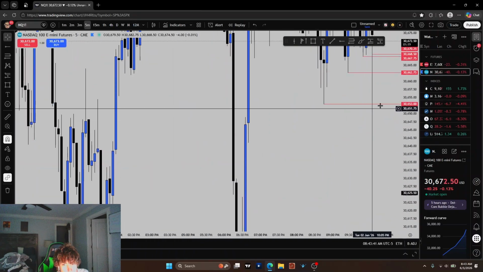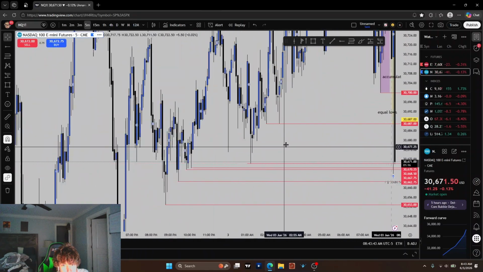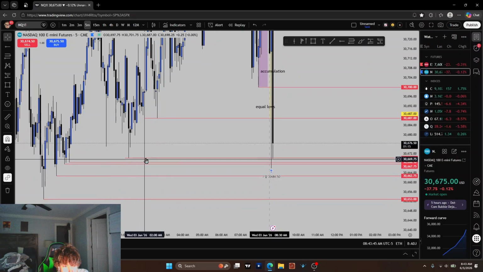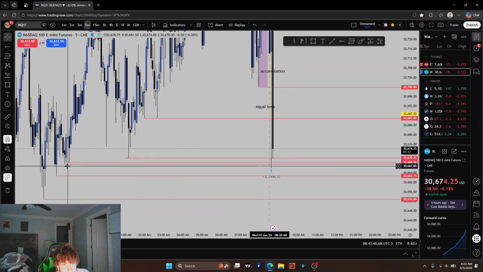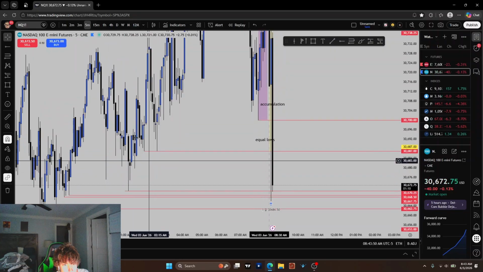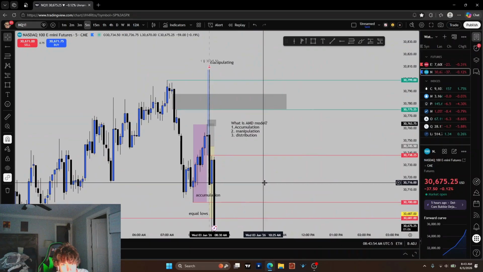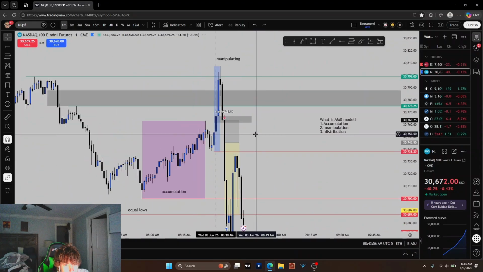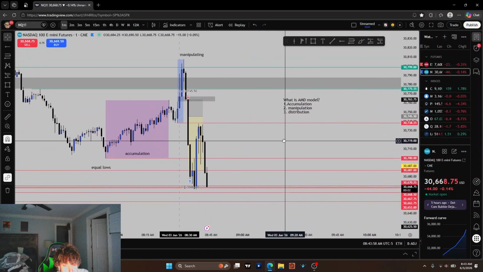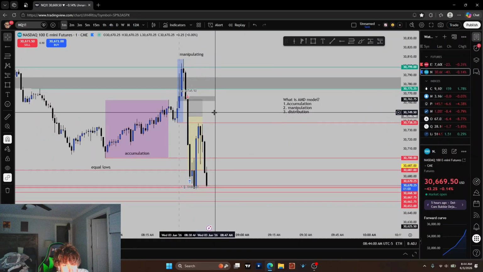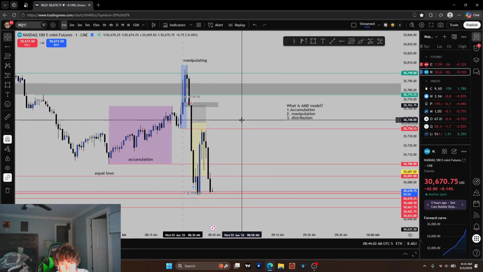Now look at the lines. Look at these lines that I drew. See how they're all bunched up. Look how many lows there are. Like, we have this one, this one, this one, they're all close together, right? Especially, and then here's where I took profit, these equal lows. But what made this play pretty good is because, bro, price action has been so good this week. Literally so good.